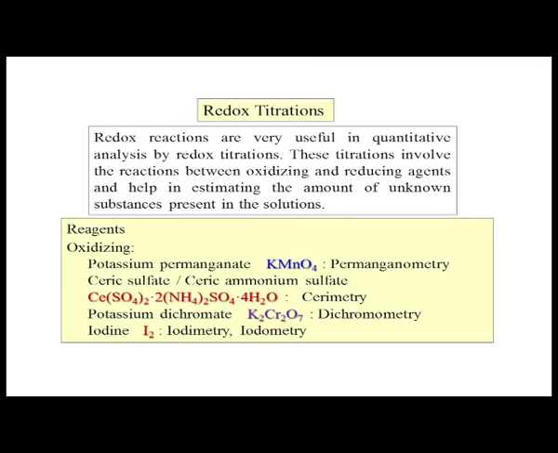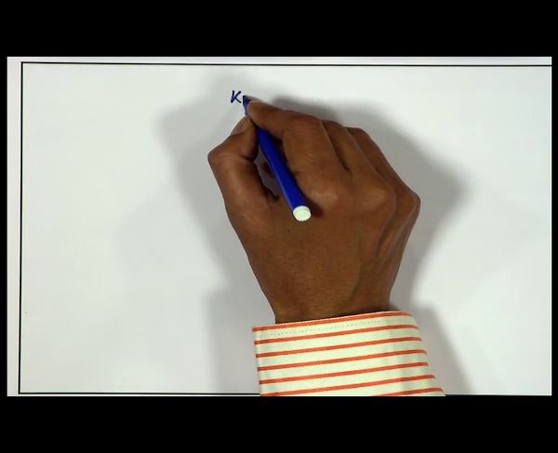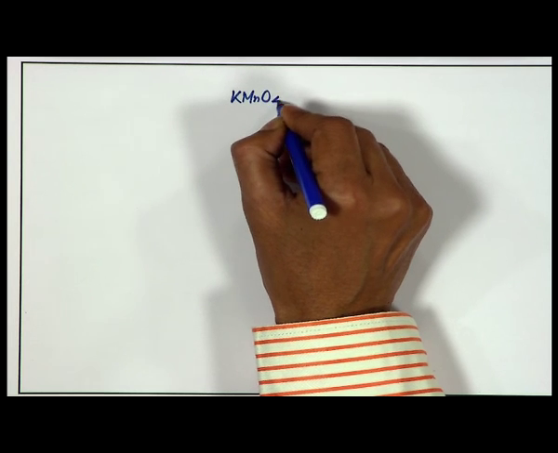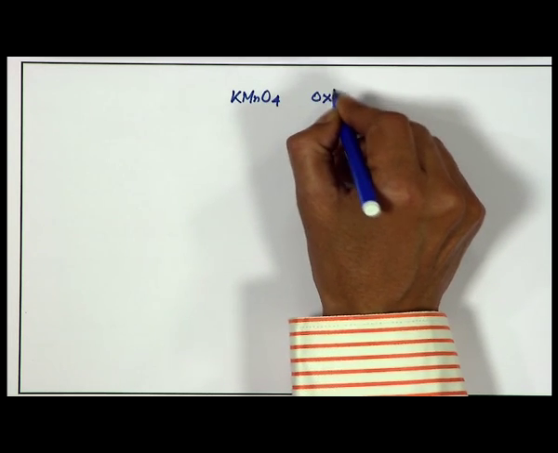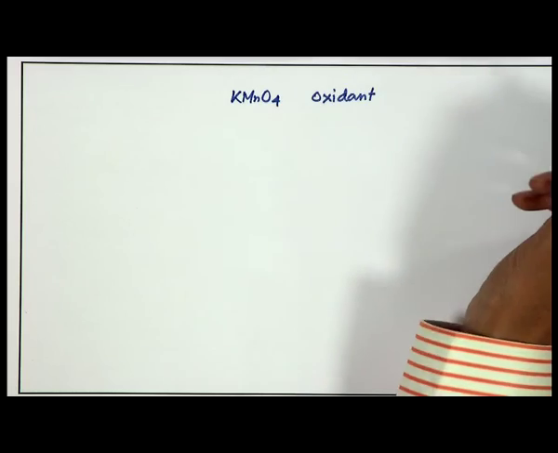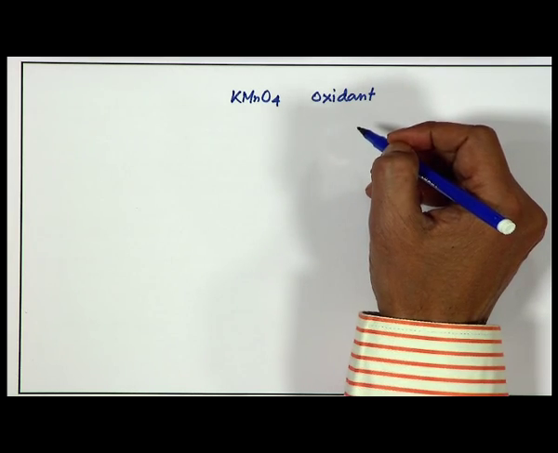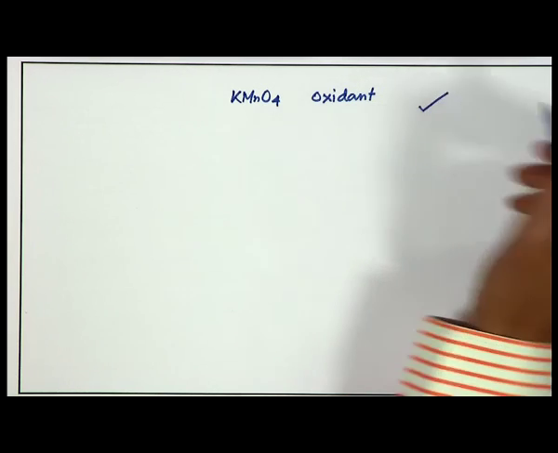Definitely, if we use some reagent as the oxidizing agent, we will be utilizing potassium permanganate. Just now we have written a reaction showing that potassium permanganate can be useful for the generation of chlorine gas. The same potassium permanganate can be utilized as an oxidant in redox titration to analyze other unknown species,